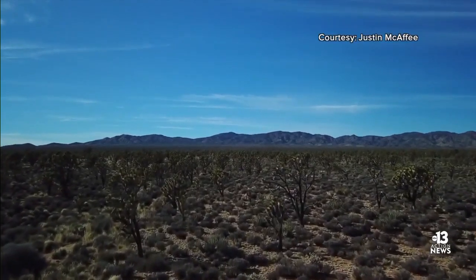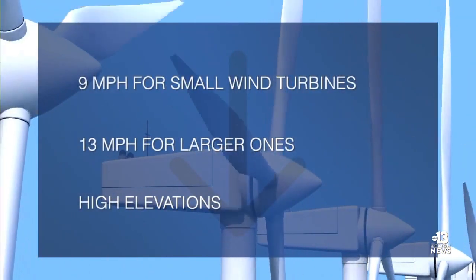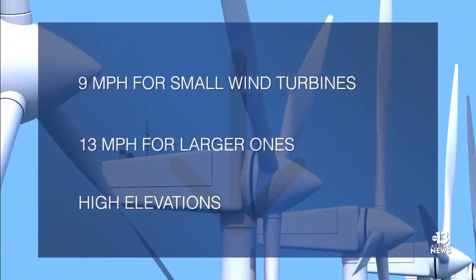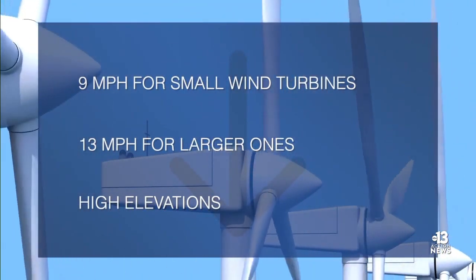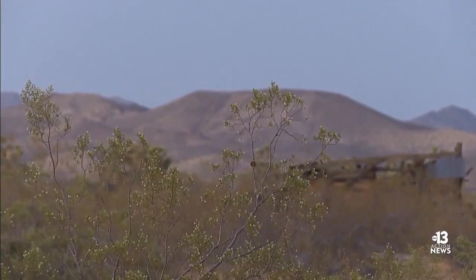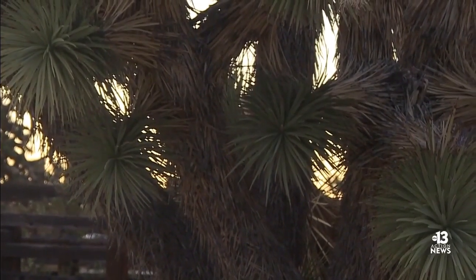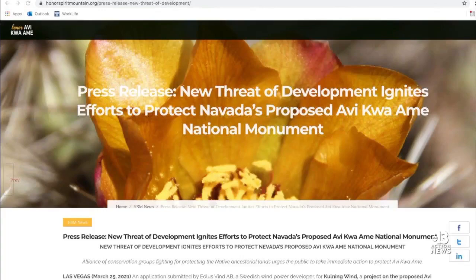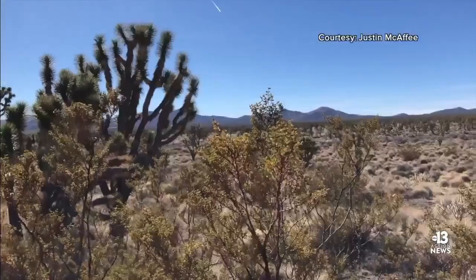Good locations have an annual average speed of 9 miles per hour for small wind turbines and 13 miles per hour for larger ones, according to the U.S. Energy Information Administration. Higher elevations are generally more favorable for wind resources. Aeolus had no comment on the matter at this time. The National Parks Conservation Association can't fathom why this company has come back with a new proposal. This current proposal is the same company that was rejected only 3 years ago, right? And we would have thought they would have learned the kind of lesson like, hey, this is not the place